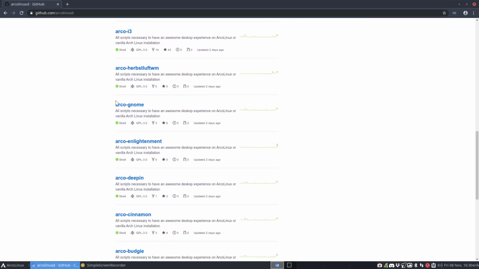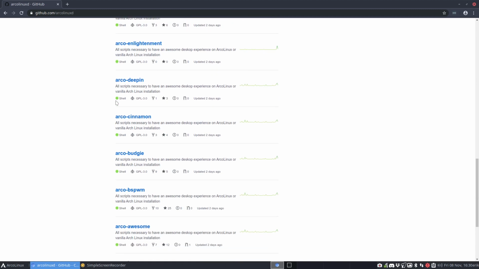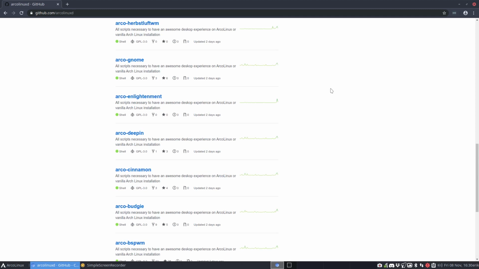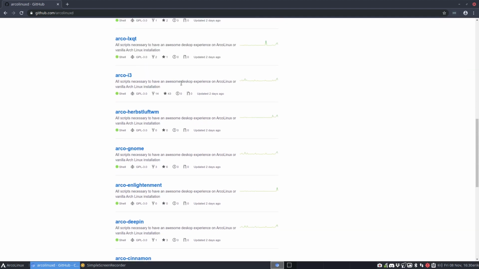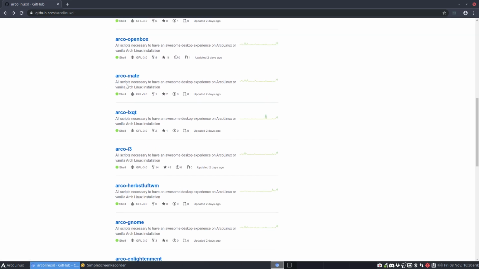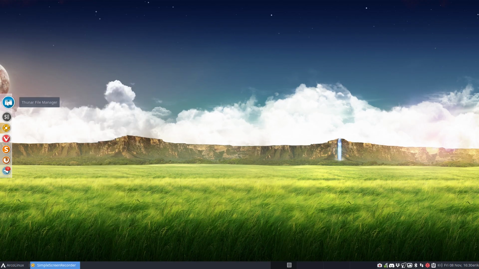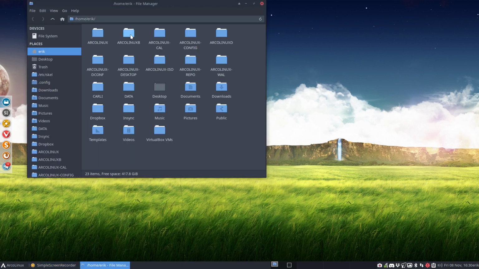So you take a look and say, okay, I'm going to install a tiling window manager or another. You see the code that's already available, and you take, for instance, ArcoI3, or BSPWM, or maybe also a good idea is to get them all, and you can just download it with a bit.ly